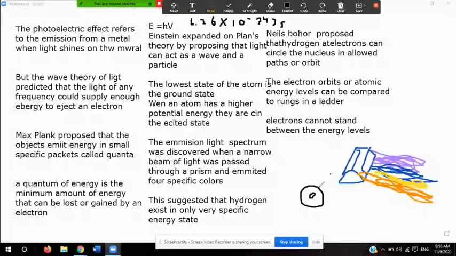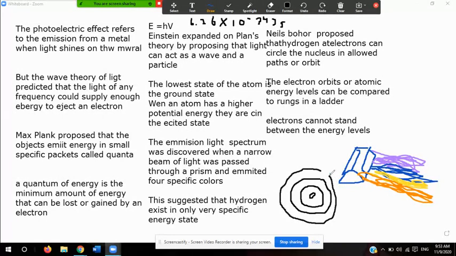hydrogen, and it was so well accepted that scientists tried to apply this to other elements, but then they realized that there were some inconsistencies. But Niels Bohr's theory was very revolutionary and very important in the development of the new atomic theory or model as we know today. So Niels Bohr proposed, and we are looking at this kind of like when you shoot